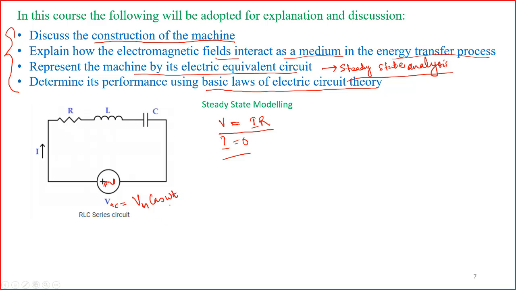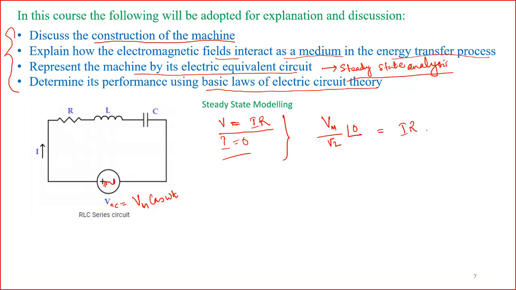For this, how will I write the steady state equation? Vm cos omega t I can write in the phasor form as Vm by root 2, which is the RMS value, and the angle is 0 because the phase angle is 0. You can write it is equal to IR